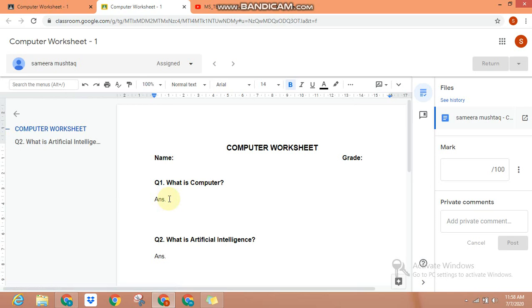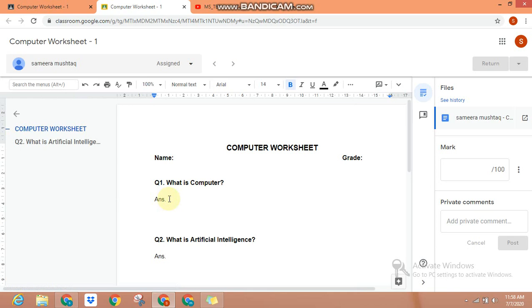In this way, you will be able to check your assignments digitally online using Google Docs. It's a very useful feature. But if you have typed your worksheet in any other document file, for instance Microsoft Word, you can just select the whole text, press Ctrl+C to copy it, and then paste it in Google Docs, set the alignment and the formatting, and once you are done, share it with Google Classroom.